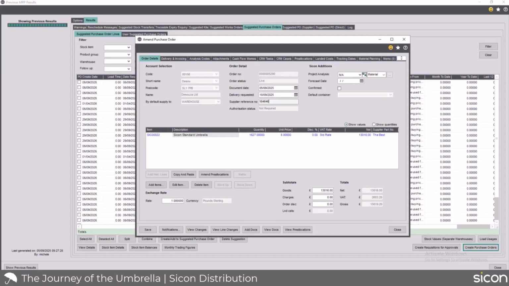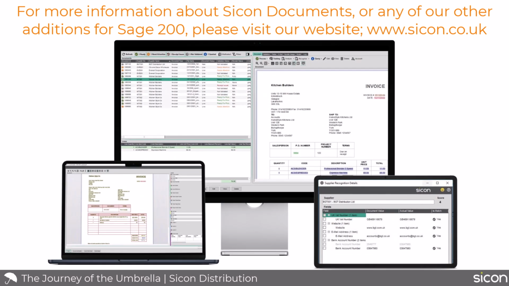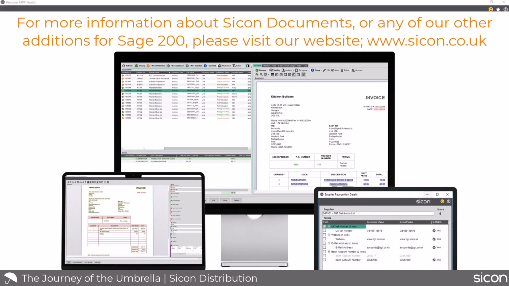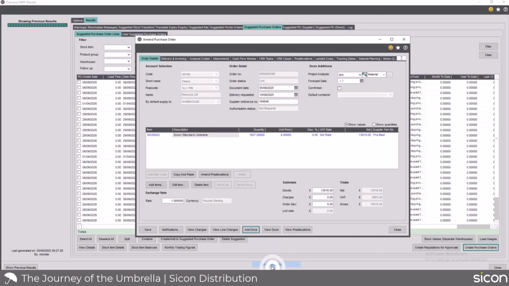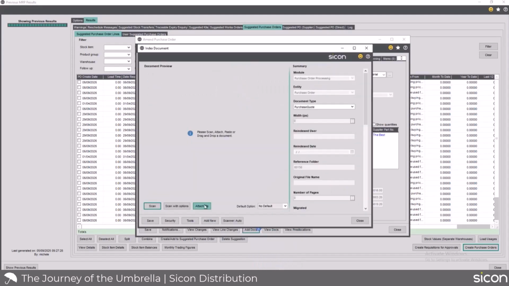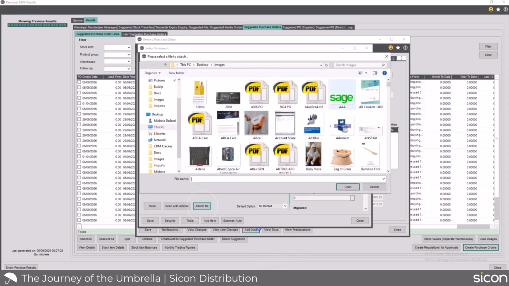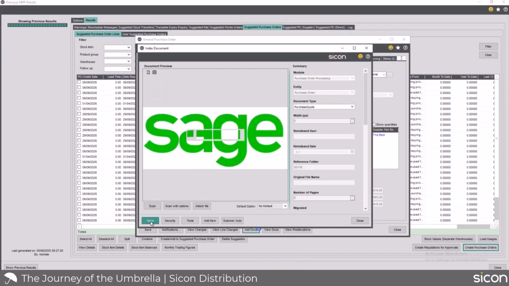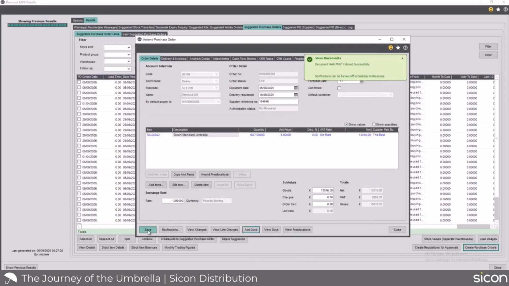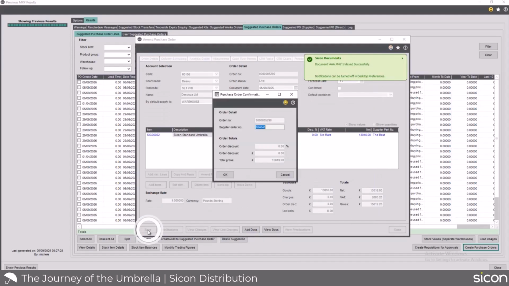Just give ourselves a supplier reference. Again, because I've got it as a mandatory document, guys, it's also using Sicon Documents for me. So I'm going to go in and add the original copy of the purchase quote because I've said that it's mandatory. You don't have to, of course, but because we are, let's have our Sage logo just as our document. So we're just going to store away in there and our purchase order